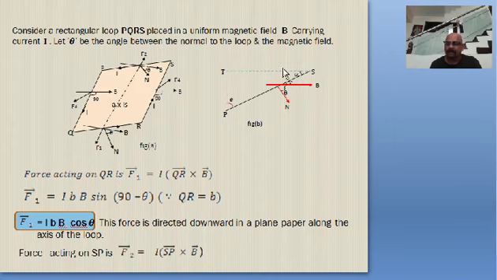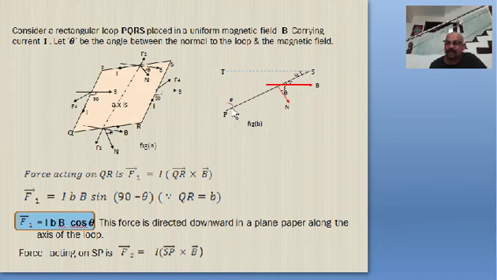Please remember, at the point S, there is one force acting perpendicular and inwards. At the points P and T, because they are along the same line, there is one force acting perpendicular and outwards. So therefore the perpendicular distance between the two forces, F3 and F4: F3 is acting on this line, perpendicular and outwards, and F4 is acting at the point S, perpendicular and inwards. Therefore the perpendicular distance between the two forces is ST.